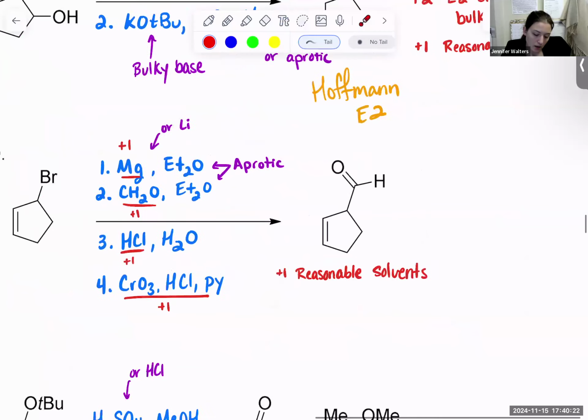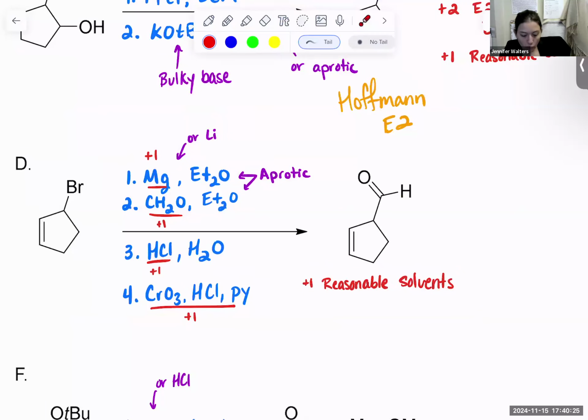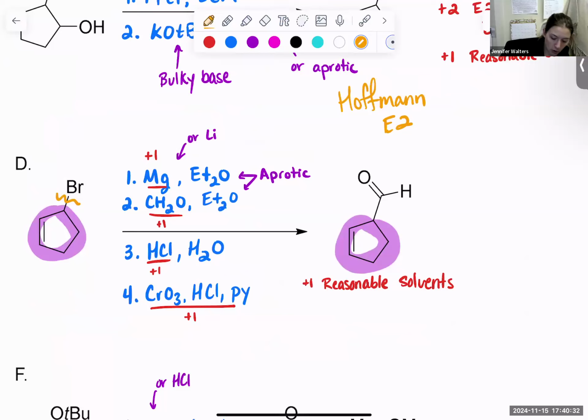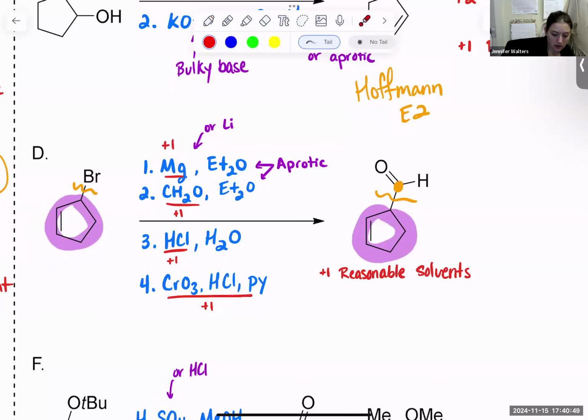Part D. So here, I'm recognizing that this carbon scaffold is still the same. So what I need to do is lose that bromine and gain an aldehyde. So what I was hoping that you would recognize is that this carbon can be added by turning this into a Grignard. So if I make my Grignard from my alkyl bromide or bromoalkane, I can do that by just adding magnesium,